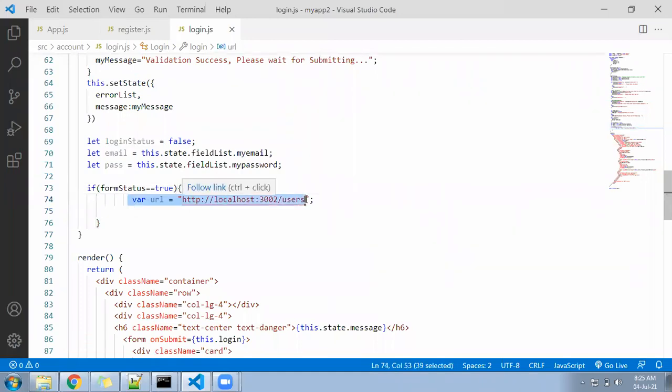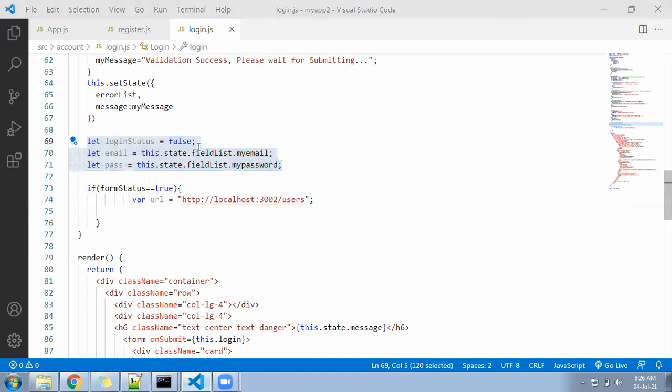Which URL? The user URL from the JSON file where you are going to search whether the user exists or not. So where are we going to search? Under the user.json file, on the user object. For that, I have written these 3 lines. I will give you these 3 lines. Just add these 3 lines on the top. These 3 lines are going to your chat, so take them.